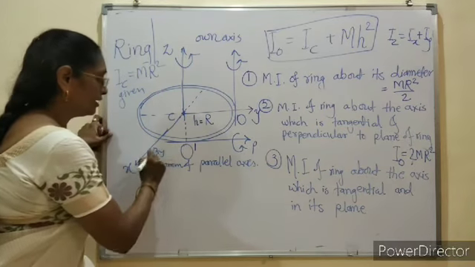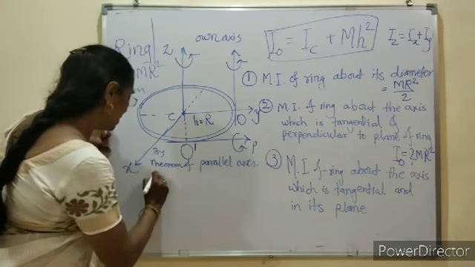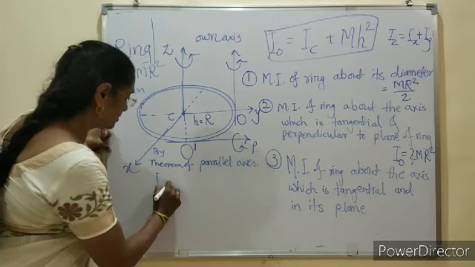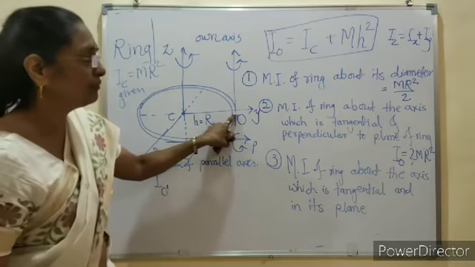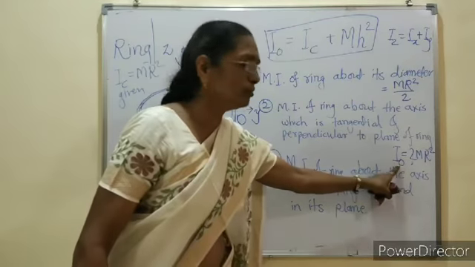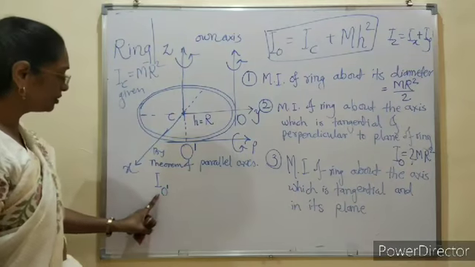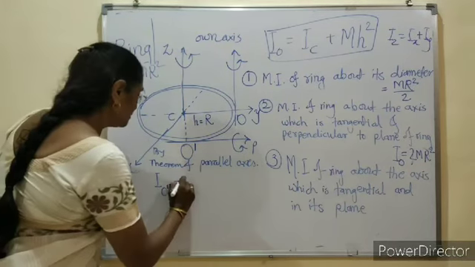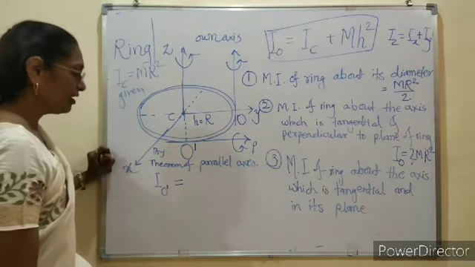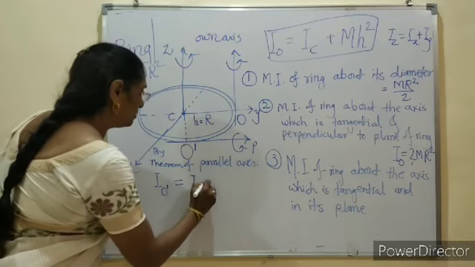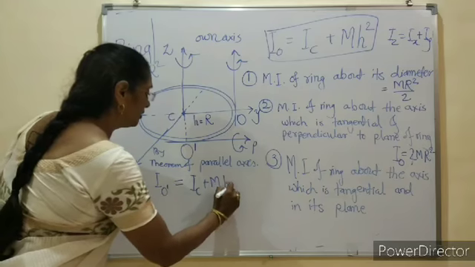By applying the theorem of parallel axis we write IO dash. In the second description we denoted it by IO, now for the third one we denote it by IO dash. It is equal to IC plus MH square, but